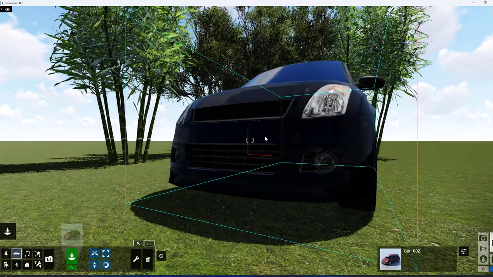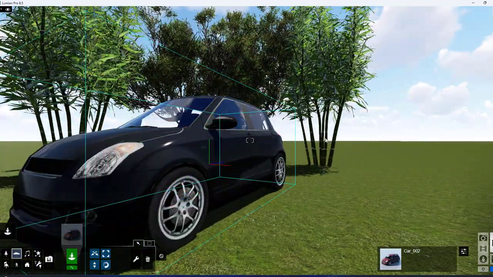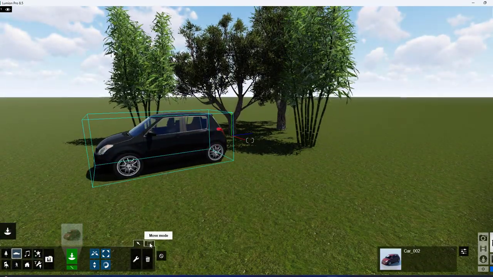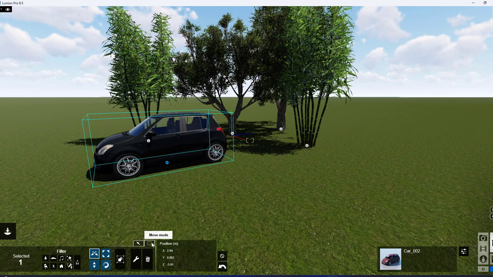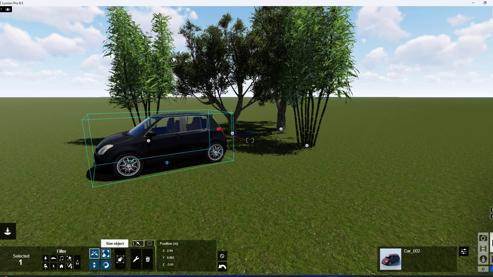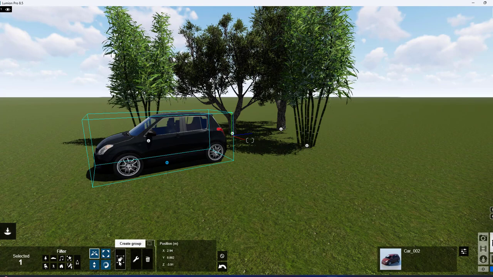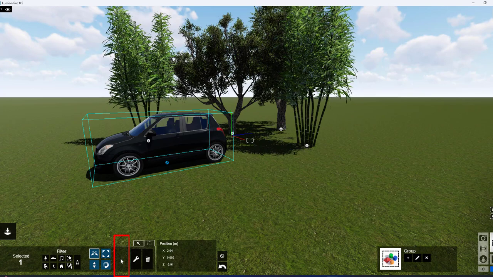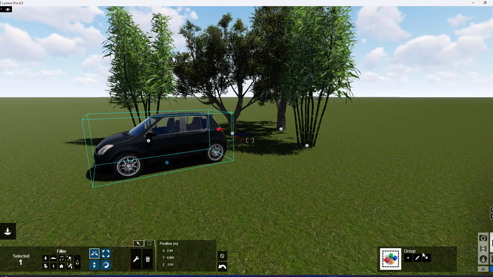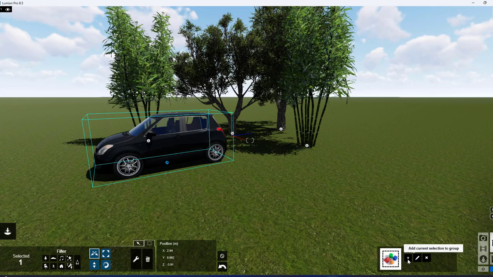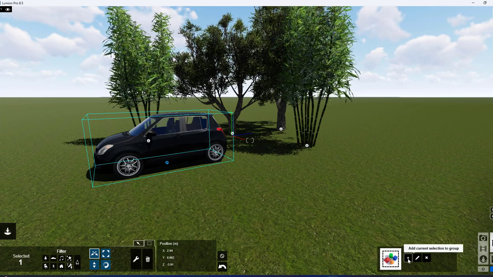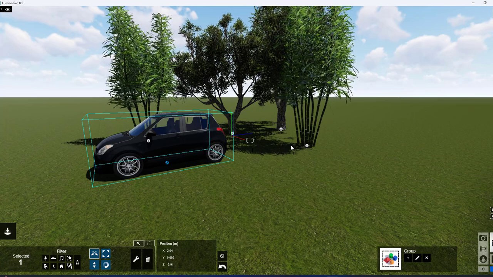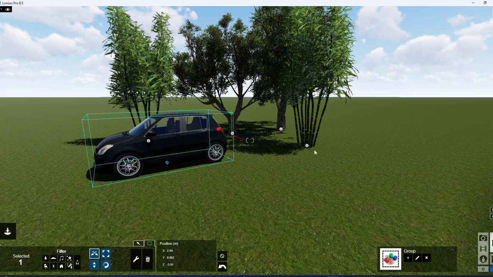Now if I want to add all these components into one group to operate it with a single click, then make sure you are in the move mode option. Just after the move, size and then rotate option, we have the create group option. Click over that create group option. So once you click here, you will get group editing options, that is add current selection to group, edit group, like that.